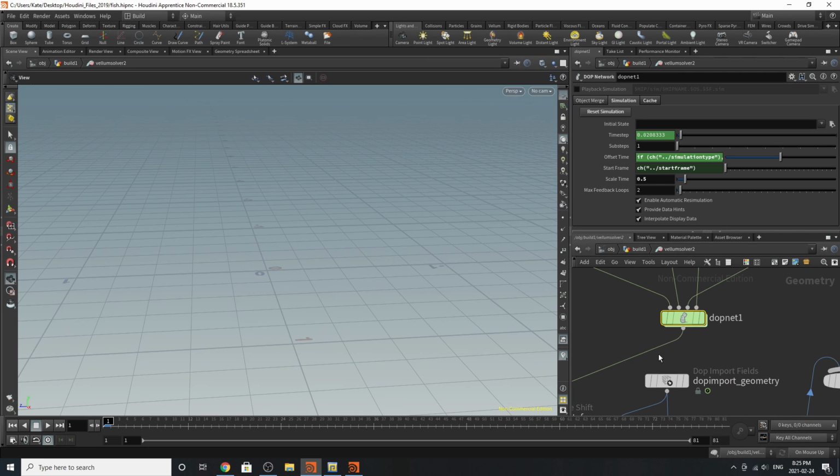And the DOP-net is very interesting because you can see where the parameters have been promoted to the surface. In this particular case, if you click on them like here, you can see which ones they're connected to. And then you'll notice things that aren't connected or referenced on the surface of this node, and one of them being the scale time. And that's one of the things that I've edited. Diving inside,